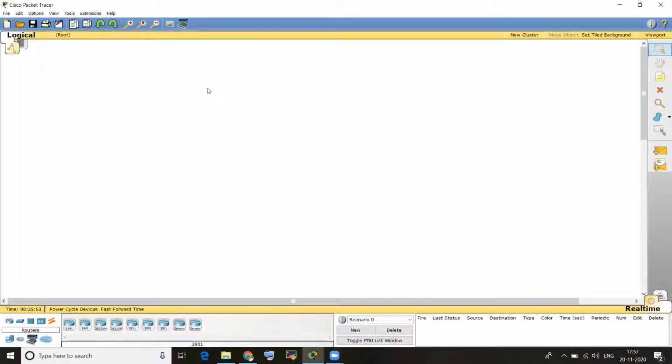If you want to take multiple routers at a time, press Control and select router. Control and select on router. So at a time we can take this. In the mouse we can left click, now it will come, then escape, then go to the switches. Now I am taking 3 switches, that is 2960 switch. Control plus select switch.